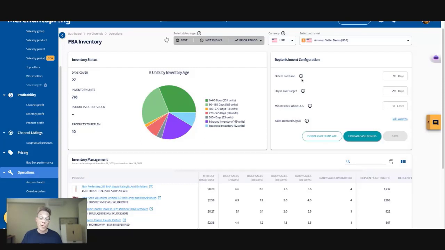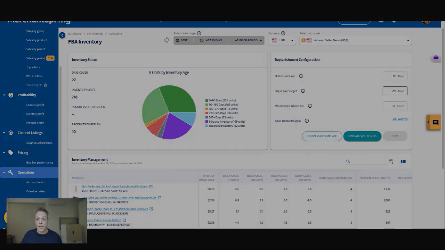How long does it take for inventory to get from your warehouse, or in fact, even more accurately, from the day you generate the replenishment order inside Amazon to the inventory actually arriving at Amazon's warehouse? How long is that likely to take? Is this inventory coming locally and therefore it's a shorter amount of time, or is the inventory coming from overseas and actually the lead time is substantially longer? So you have the ability to overwrite these with the preferences that work for you or your client.